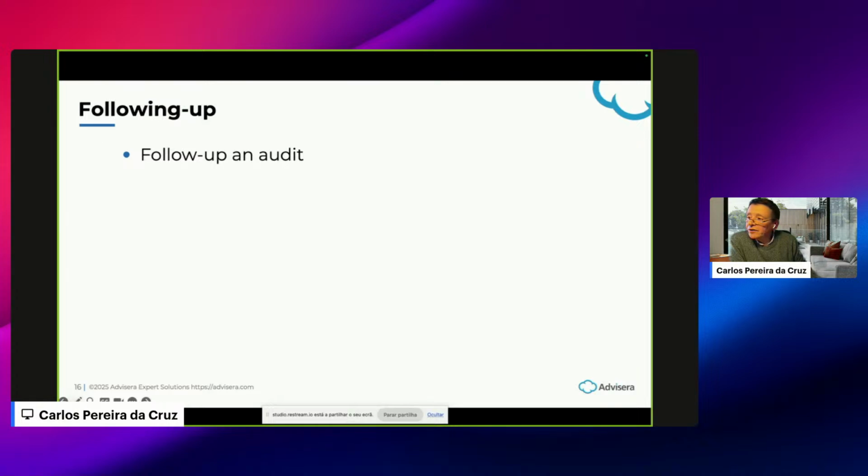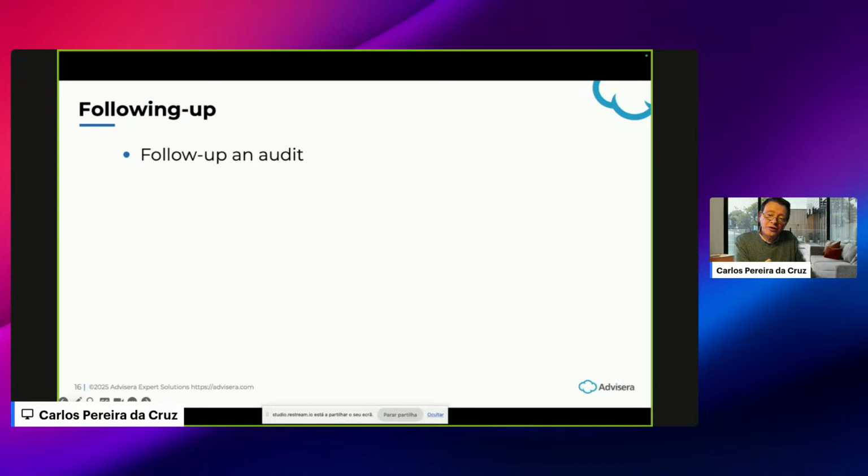And so now the follow-up. Okay, we're almost at the end. Julieta asked how to execute the findings after the internal audit. The internal audit process doesn't end with the audit report. Following up on a previous audit is a crucial step to ensure that negative findings were the target of work and that work was effective, showing that the organization is improving.